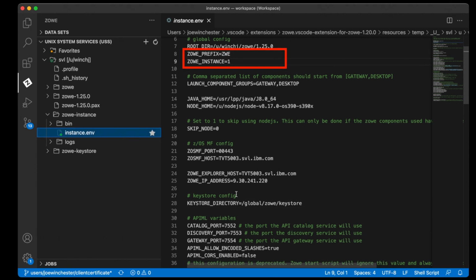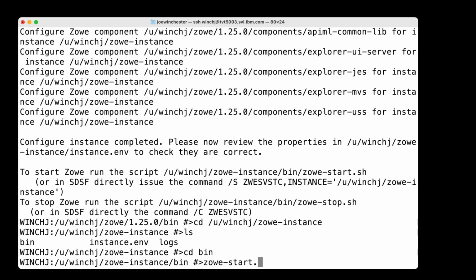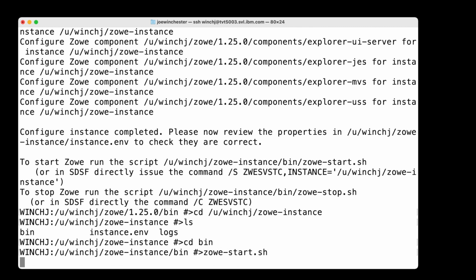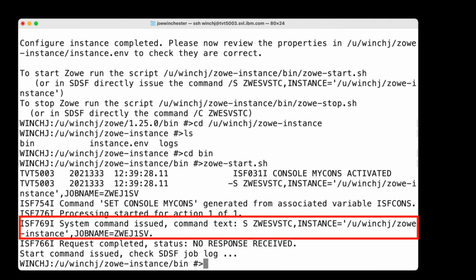Another parameter that will change for this launch is the zowe_prefix. This allows us to control the name of Zowe's started task, so adding a J means it'll be called ZWEJ1SV. To launch Zowe from USS, open a shell and execute the script zowe-start.sh in the /bin folder of the Zowe instance directory. This will echo the name of the started task, in our case ZWEJ1SV, together with the actual command used to